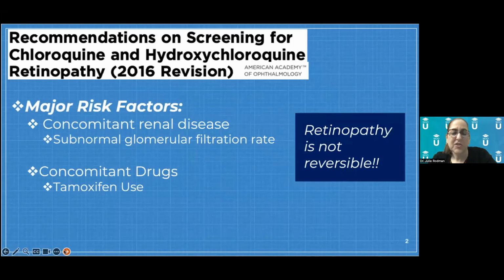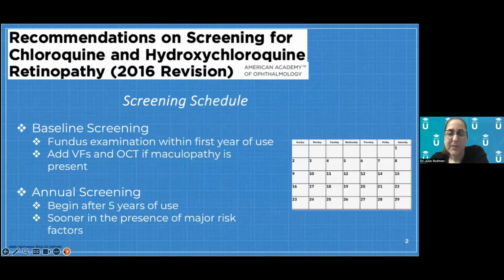I'm going to skip through these charts for purposes of time. Other things that are important to look at are other risk factors like their renal filtration rate. If they can't clear medications out of their bodies, they're going to be at a greater risk for toxicity. Also look at other drugs that might cause maculopathy, like tamoxifen. The recommendation for screening is when they start the medication, and then really depending on the risk factors and the patient profile, you can make the decision. I like to see these patients every year, but the Academy says you can do it at the time that they start the medication, then 5 years after, assuming that they don't have any significant risk factors.